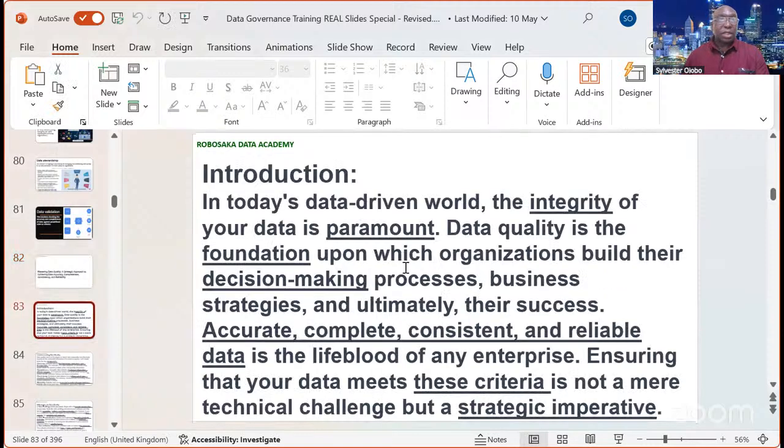So, in today's data-driven world, the integrity of your data is paramount. Very paramount, very important. It is the foundation upon which every enterprise builds their decision-making process, business strategies, and of course, most especially, the success that is expected of every enterprise. Accurate, complete,